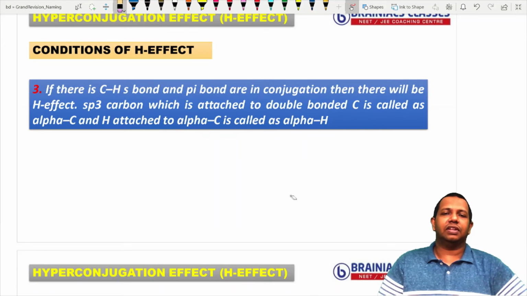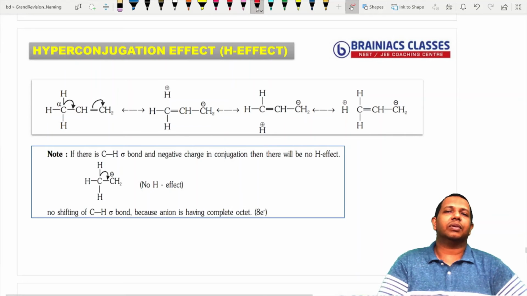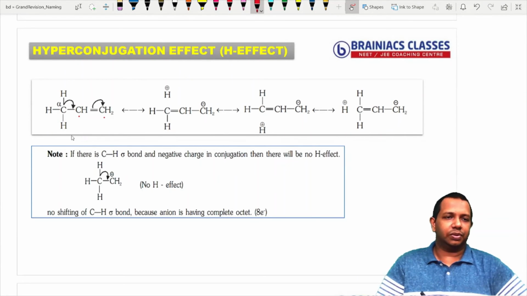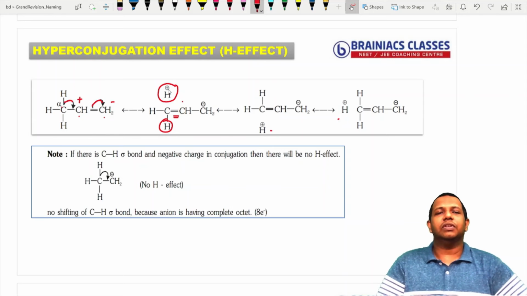Now let's see an example for that as well. In this case, CH double bond CH2 is there, and CH3 is there. When this bond is polarizing, a positive charge will come here and a negative charge here. When the positive charge is seen by this carbon, this hydrogen will leave as H plus and this bond will come over here, so you will get a double bond here, correct? Even this hydrogen atom can do the same, as shown here. So that means 3 hyperconjugative structures are there. Since there is no bond present here, we call it no bond resonance.